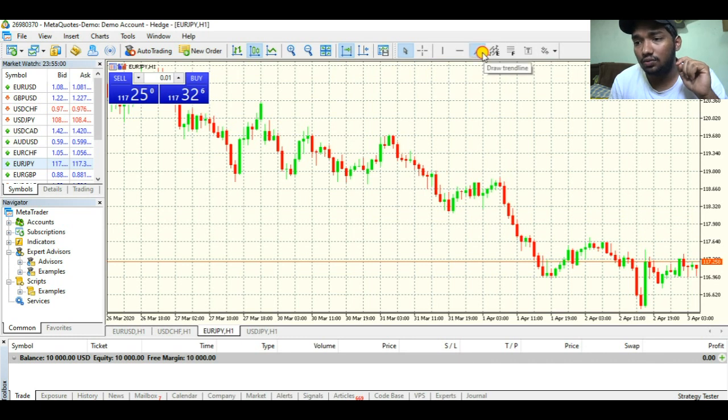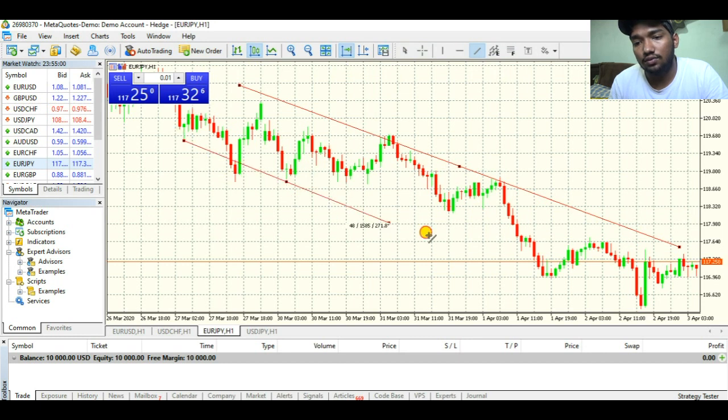Okay, see here one more. You can see like this. It's a very good downward trend. It touched here, here, and here. You have to adjust a little bit like this. If you want the other line, you can draw it from here. See how many times it touched. So this is the support and this is the resistance. This is the example for